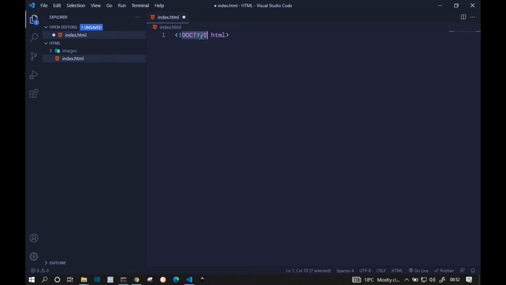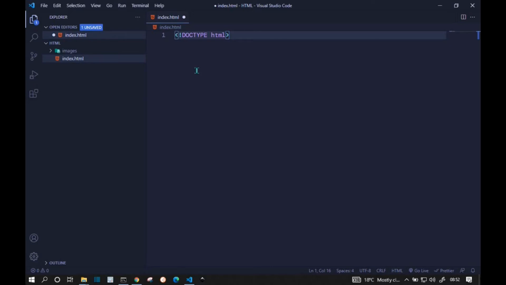You can use small letters if you want, but the convention is using capital letters, and then the word HTML and a greater than sign. So this declaration simply tells the browser what kind of document or file to expect, and the code that we write in this particular file from now on will be interpreted by the browser as HTML5 code.